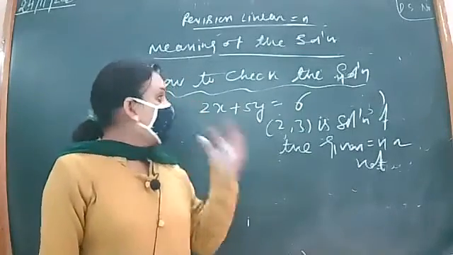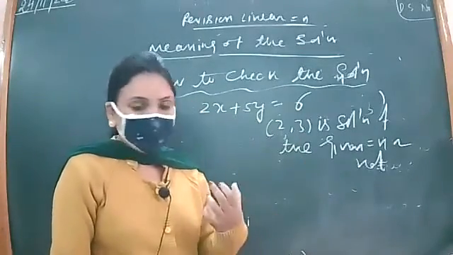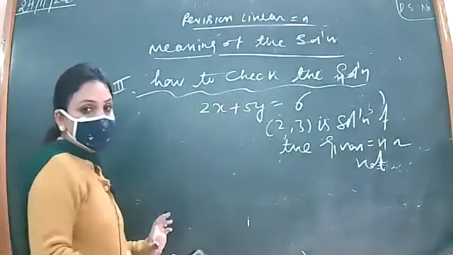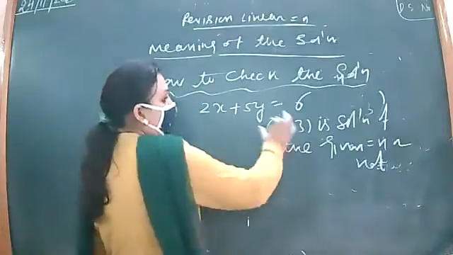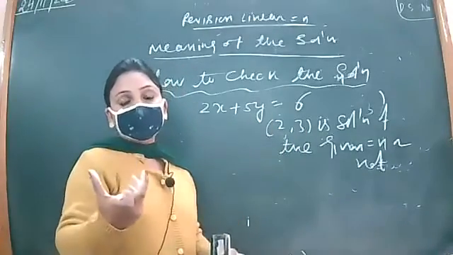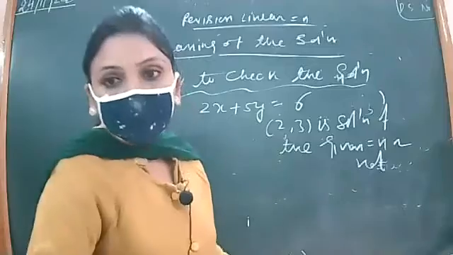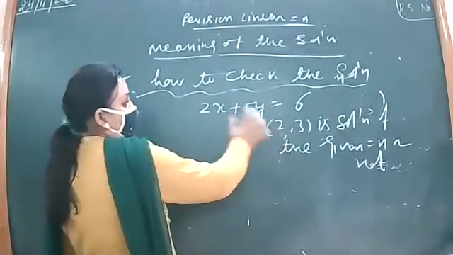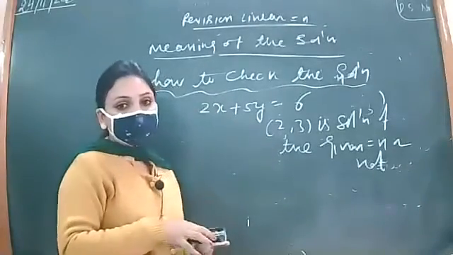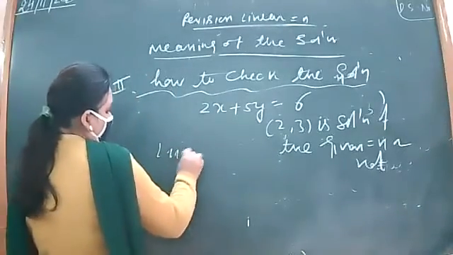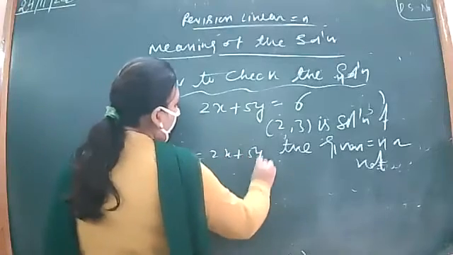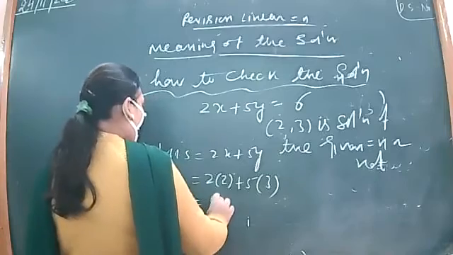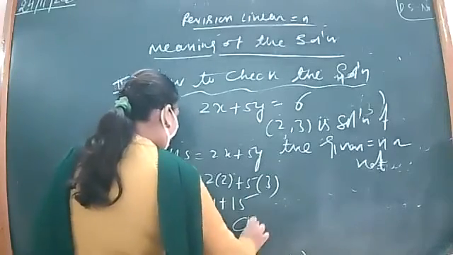This is the given solution and we have to check whether it is a solution of the equation or not, right? So what to do in such cases? You just have to think of this ordered pair, and think which value should be assigned to x and which to y. As far as x is concerned, the first value corresponds to x, and the second value, that is 3, corresponds to y. So let us take the left hand side. This is 2x plus 5y, putting x as 2 and y as 3, we get 4 plus 15 and the answer is 19.